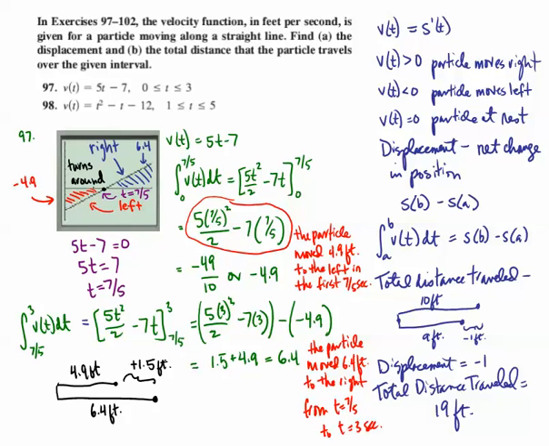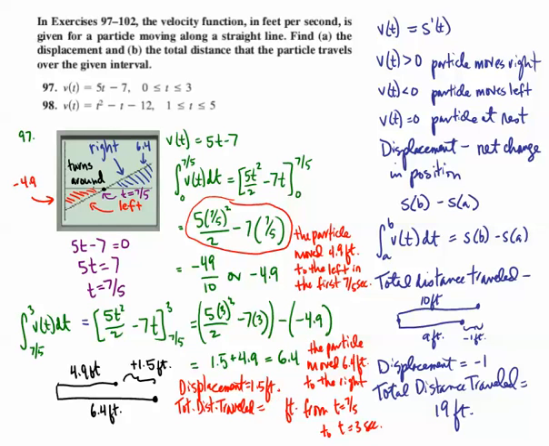And that's our displacement. So two things here. Displacement equals 1.5 feet. Total distance traveled equals